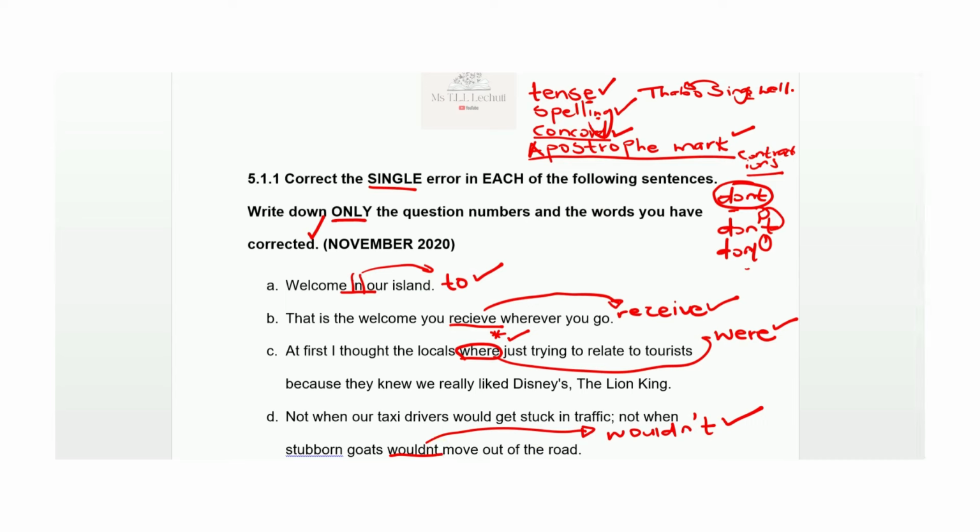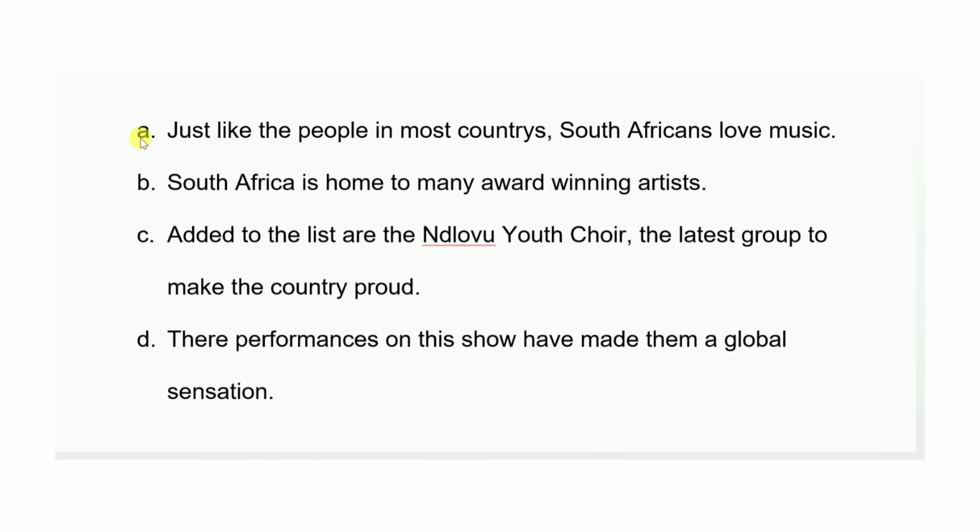An apostrophe mark. Now let us check the November 2021. Now these ones are sampled from the November 2021. I'm not going to repeat the instruction. We know that we just have to correct a single error. There's no need to rewrite. And then remember, we check tense, we check concord, which is agreements of words in a sentence. We check spelling, if all the words are spelled correctly, and then we check the use of an apostrophe mark